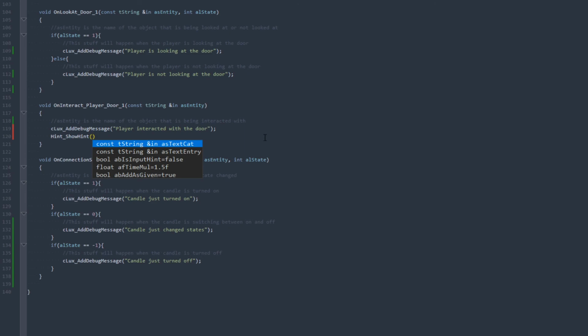They should be pretty self-explanatory, but I'll go through it with you guys. So text cat means text category, so whatever text category you put in your lang file. If you remember, we put hints, and we'll double check it in a moment too, just to make sure that's right. And then we'll do comma, space, and then another string, and that is whatever we called the entry in our lang file. So this was, what was this? This was hint storage door,